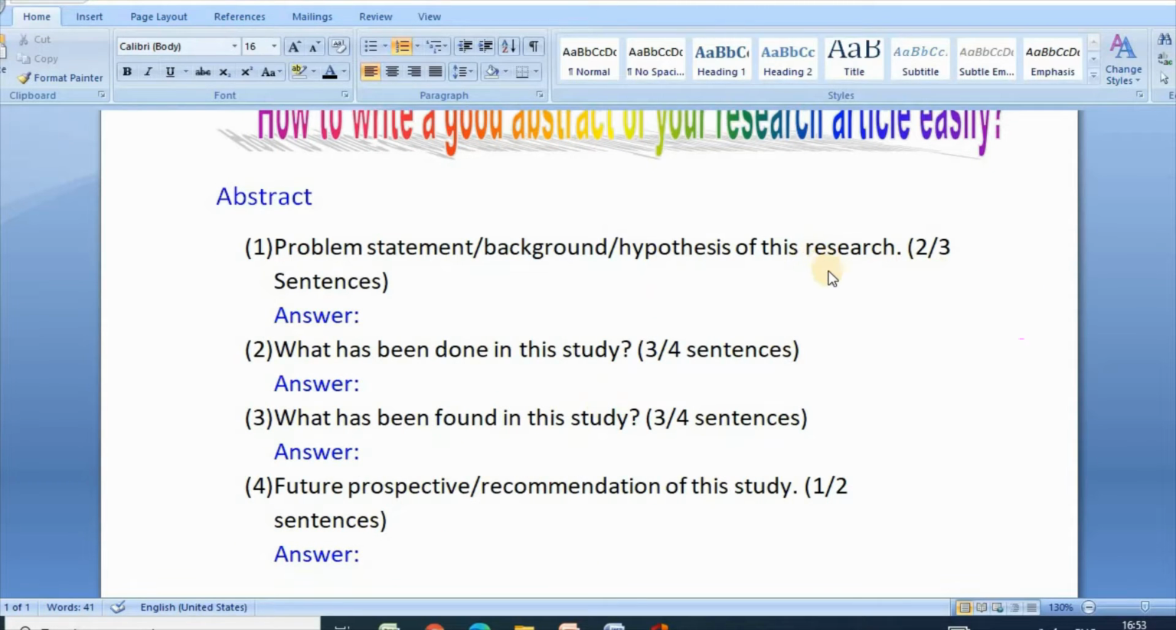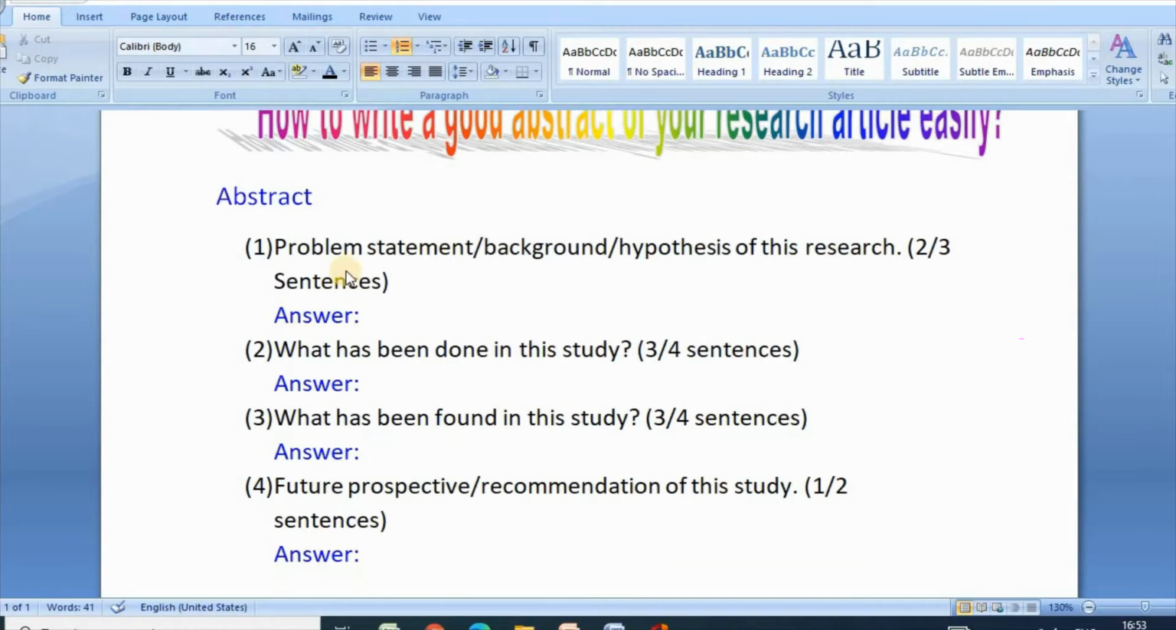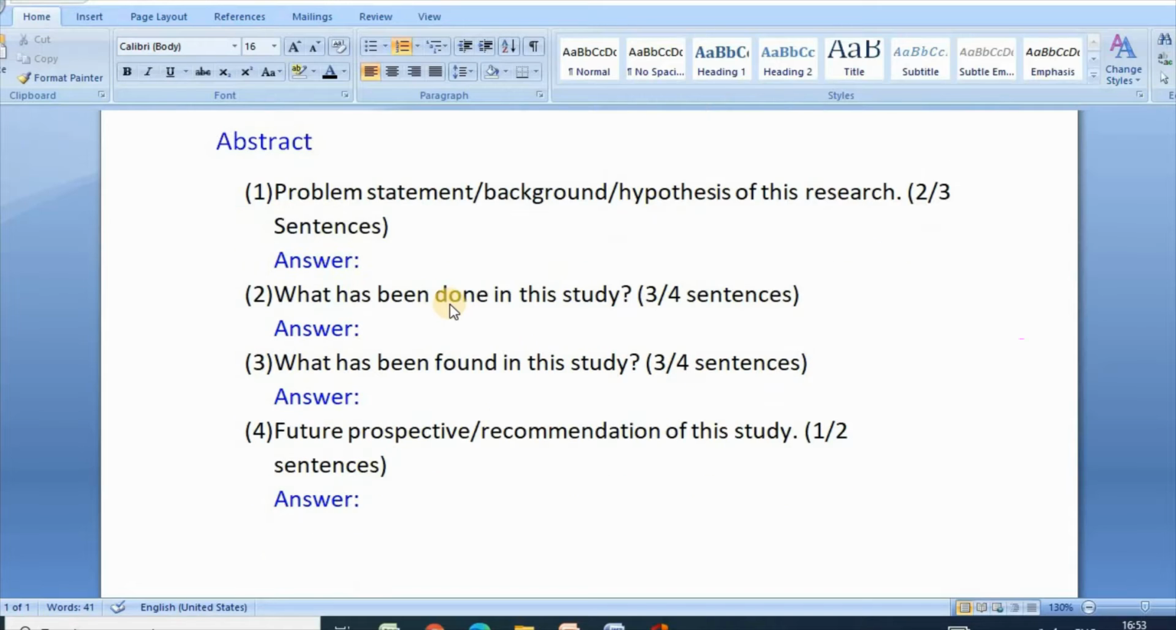In order to write an abstract, you need to answer questions 1 to 4. For example, the first one is the problem statement, background or hypothesis of this research. That means why this research is important. You can write 2 to 3 sentences here. Then,